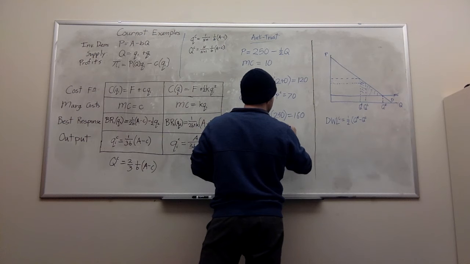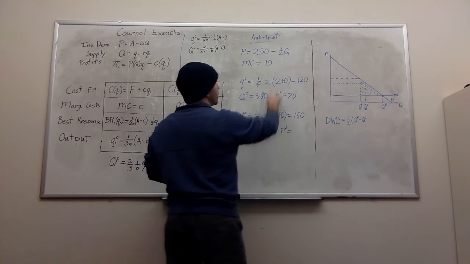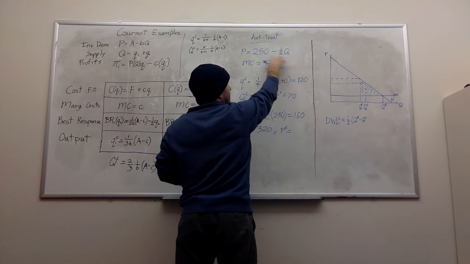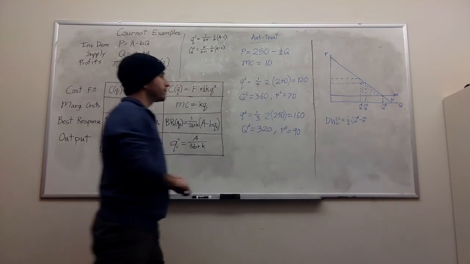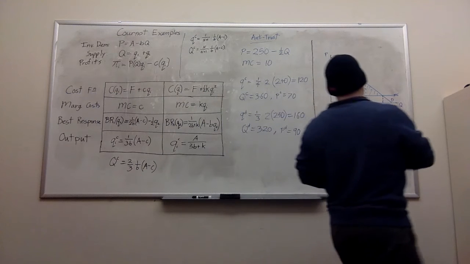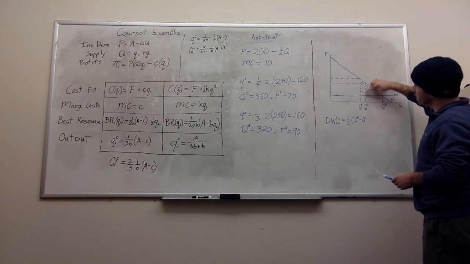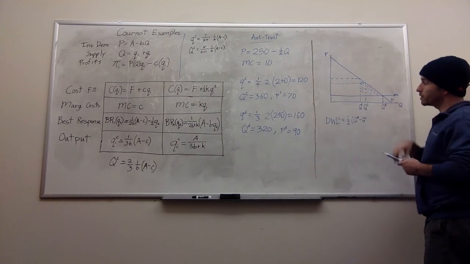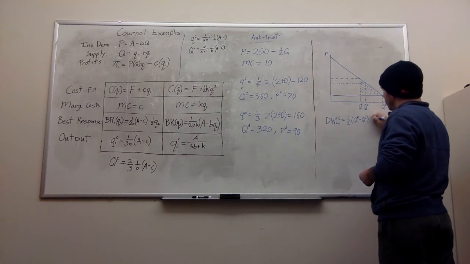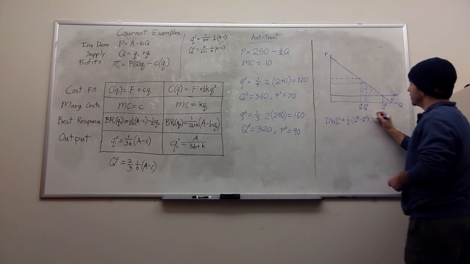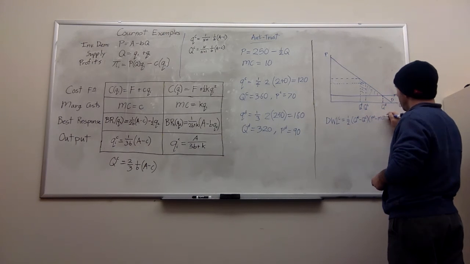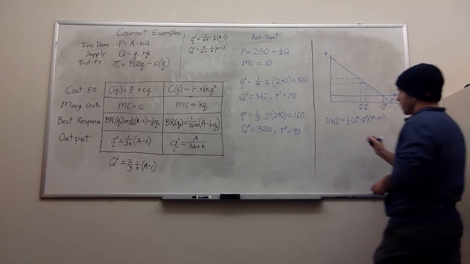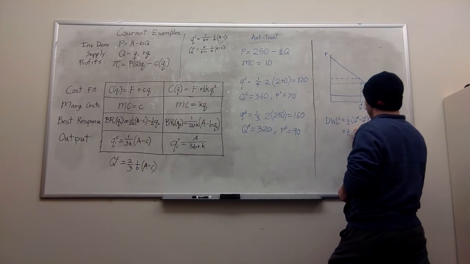And then right here, our PD is for quantity 320. 1/2 of 320 is 160. 250 minus 160 is 90. All right, and so the height of that triangle is the area above this marginal cost curve. Marginal cost is 10. So the second half of this is PC minus MC, and we have,